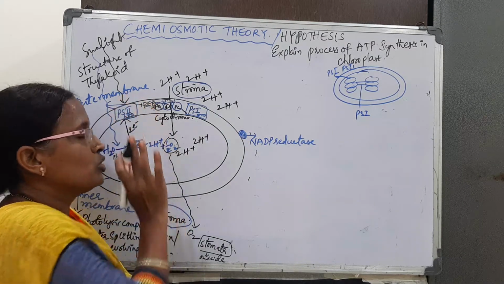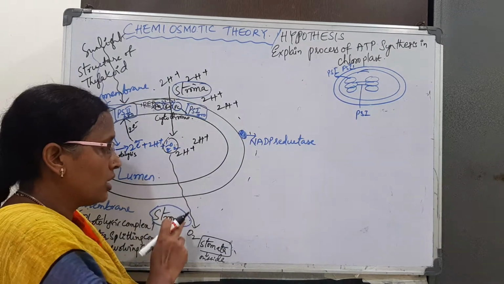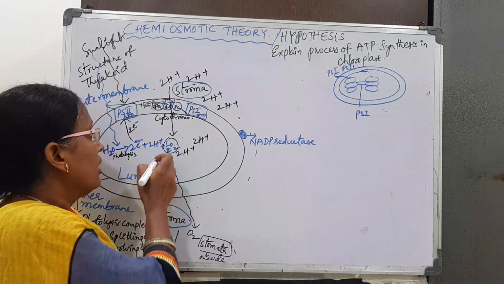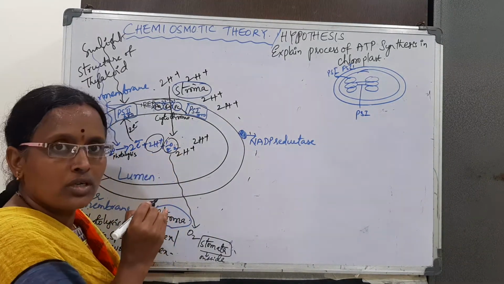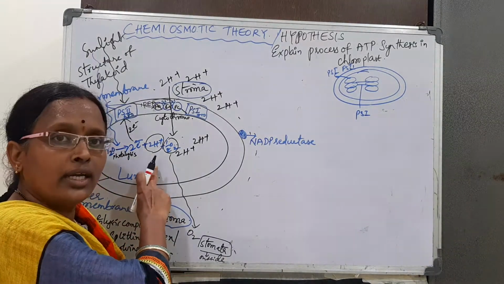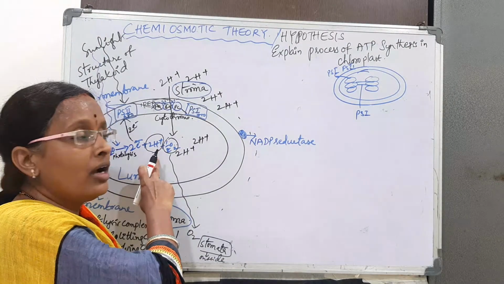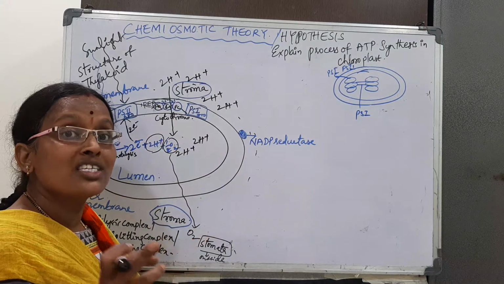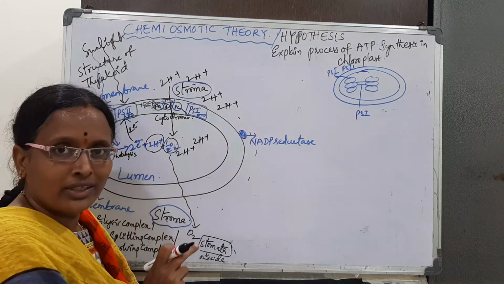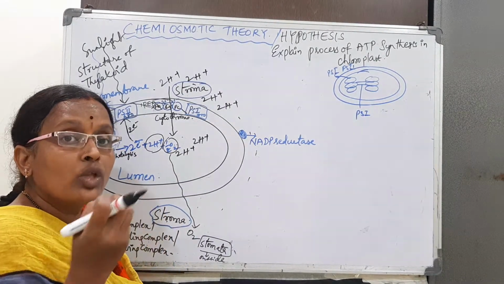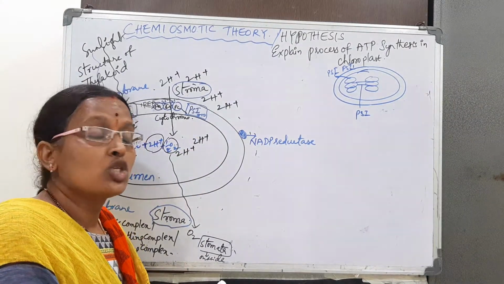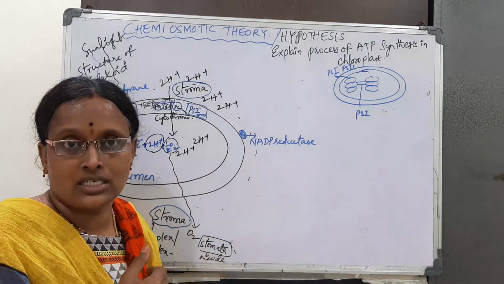These electrons reach photosystem 2, and oxygen is released as a byproduct. Oxygen gas is released into the atmosphere. Then what about the protons? Protons are still in the lumen of the thylakoid. Along with them, the protons pumped by the cytochrome are also in the lumen. So protons accumulate more in the lumen, and the proton gradient increases.